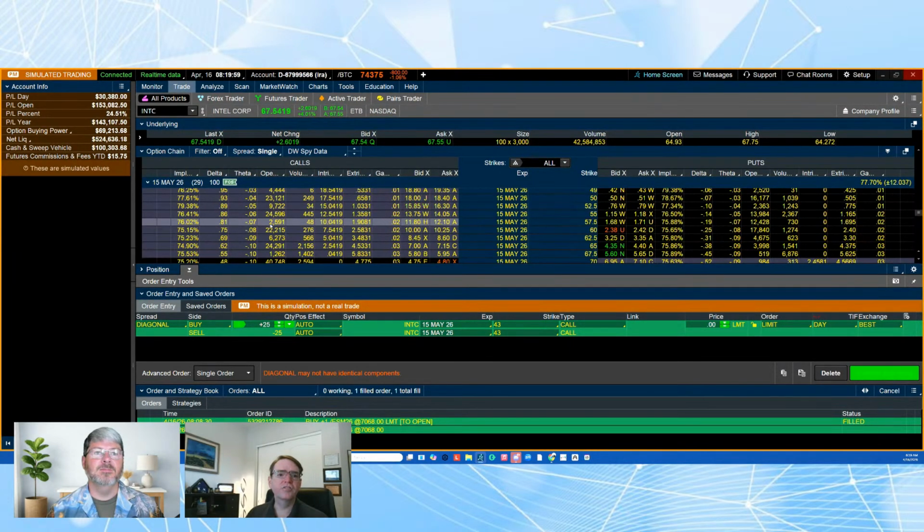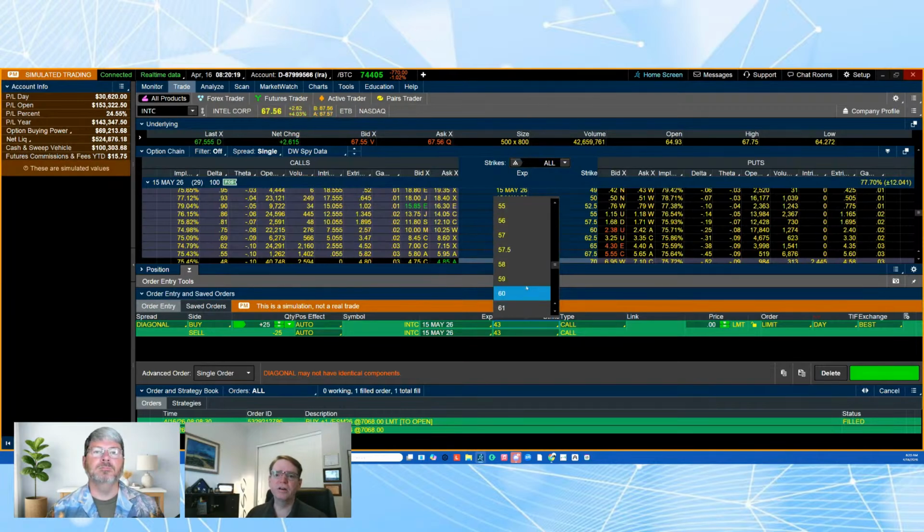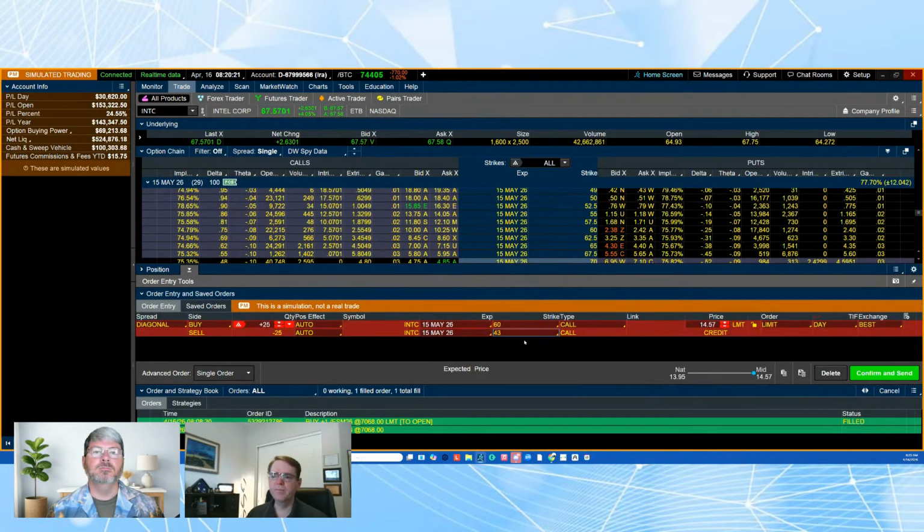Now, when I look at this, I want to see open interest, which we can see right here. We got the open interest. It's 2,500. That's great. But maybe, let's go to the 75. There's actually more interest down here. So we come down here. It's the $60 one. I'm going to change this now to the $60 strike. So we have now changed this $17 in range. So we're on the same date. We're now at the 60 strike, and I am getting a